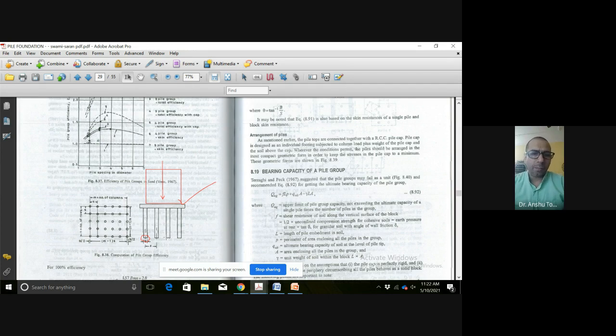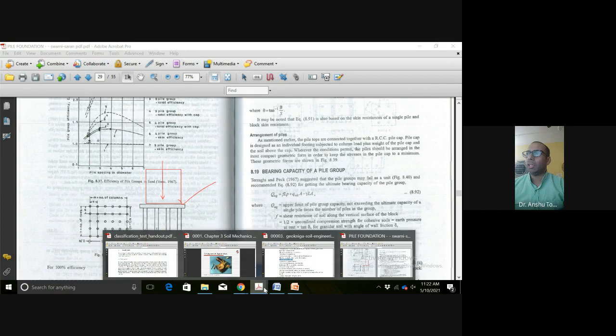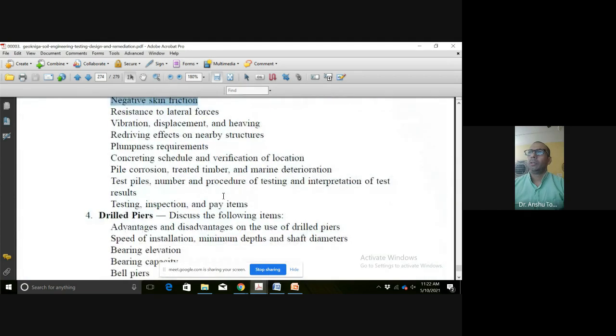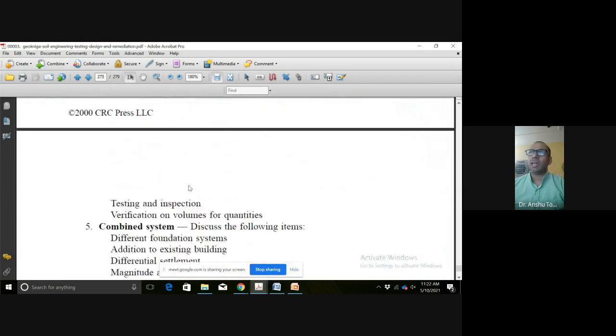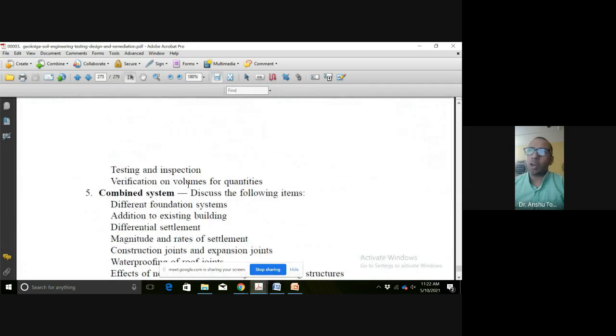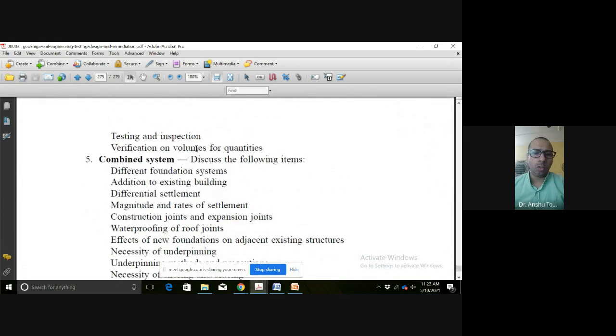it can be 15 meters sometimes. So if you are having clayey soil, the skin friction is going to be giving you more load carrying capacity, and accordingly, these are the things which are required to be given in your geotechnical report. I've prepared a document which I will share with you, about what content has to be studied from there.